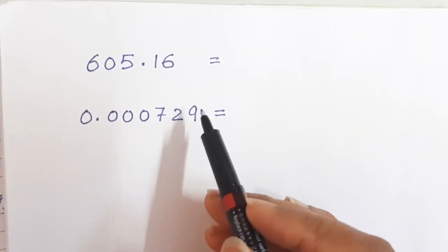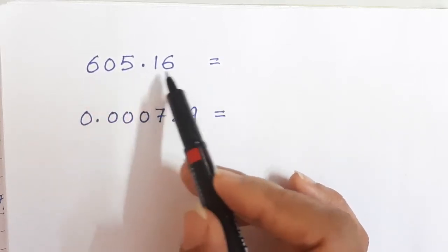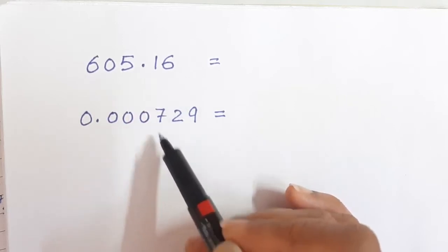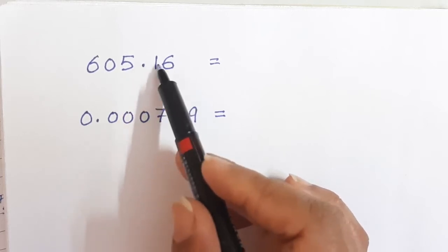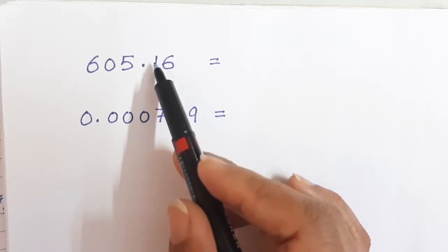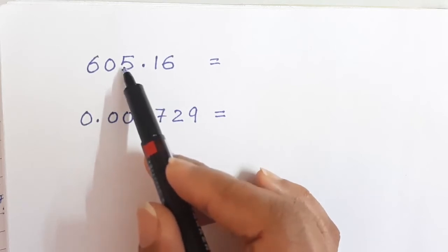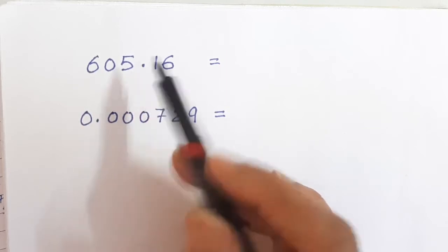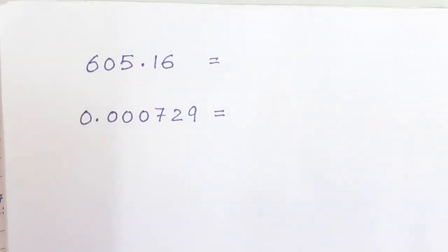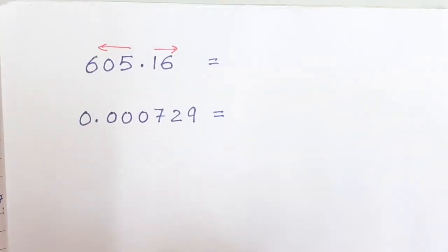Now children, let us learn how to take pairs when the numbers are given in decimal form, right? In the mixed decimal numbers, starting from the decimal point, group the integral part from right to left. That is, before decimal will start from right to left, and the decimal part, that is after decimal. After decimal, what we have to do? We have to start from left to right, like this, in this direction. Clear?